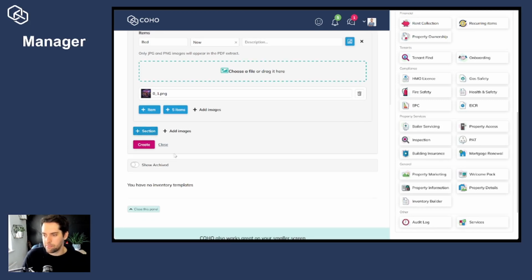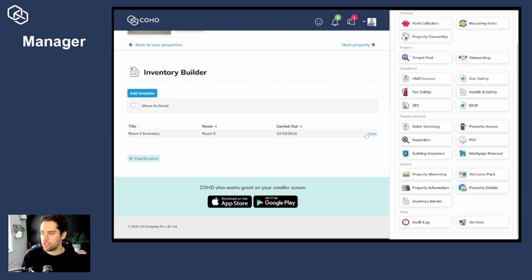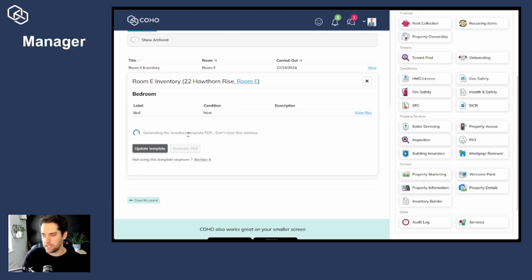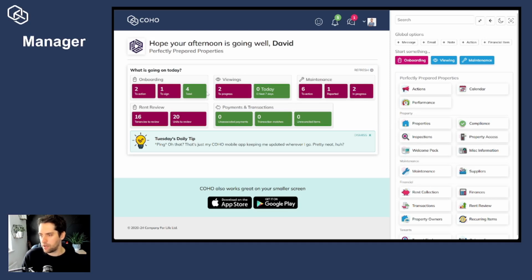Then you can add separate sections for ensuite, any other space that that person specifically has access to, and then click create. Once that inventory is created, we can view it and we can then generate a PDF, and that will let us see what that inventory includes. And in this case, it's a bed of the condition new, and here's a picture. Going back to our onboarding,